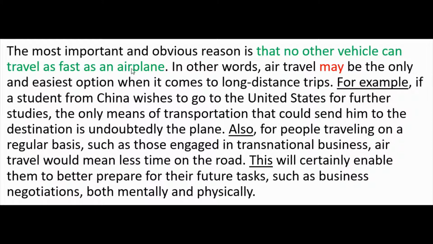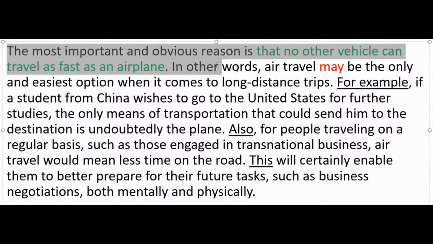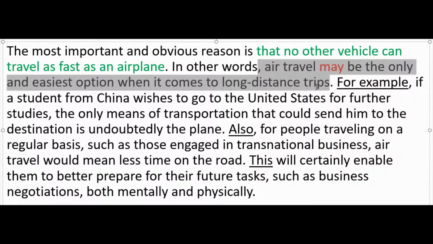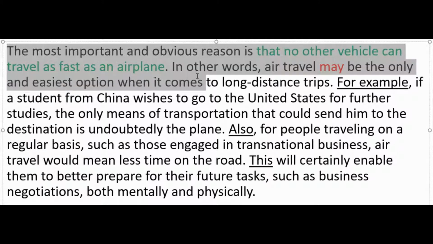All right, so here we have our topic sentence. Well, actually, here is our topic sentence. It's the only and easiest option. If it's the only option, maybe this is a little bit redundant. I mean, like I said, the whole length of the essay is, what was it, 365 words? It's very lengthy. One of the reasons why it's so lengthy is because of phrases like this. Like, for example, this sentence here.